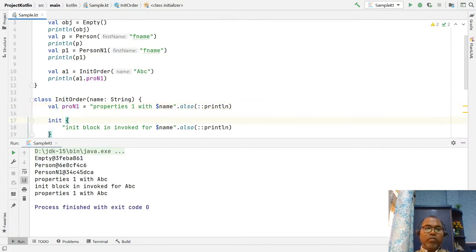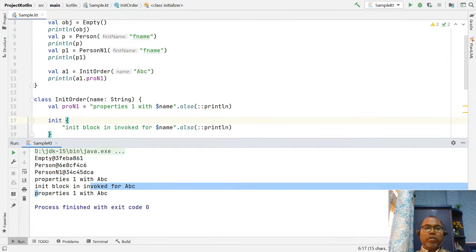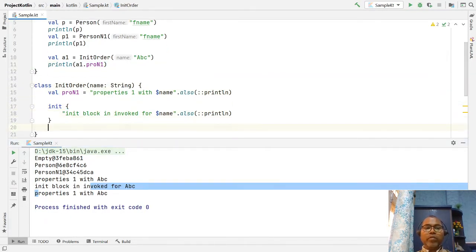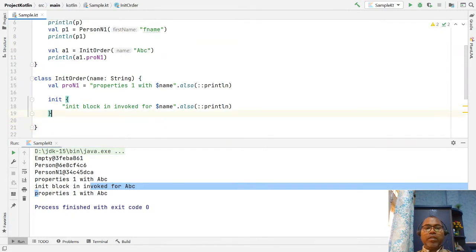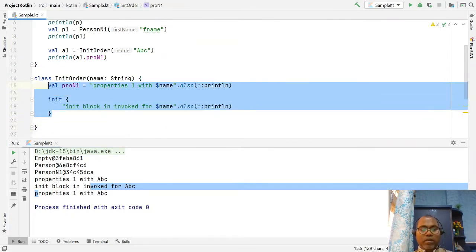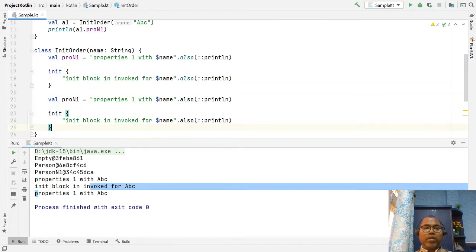This is your initialization block one, and you are able to set the property value as well, and then you can declare any number of properties inside your class. Let's keep property 2.